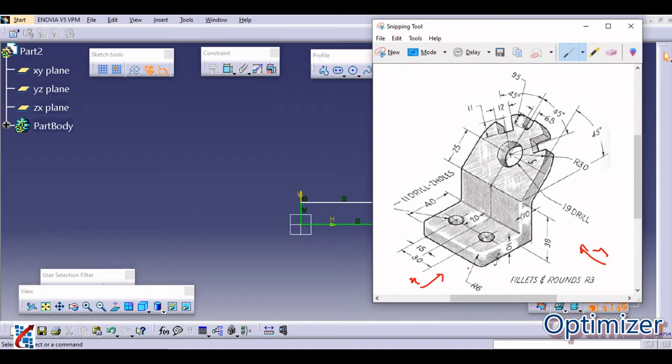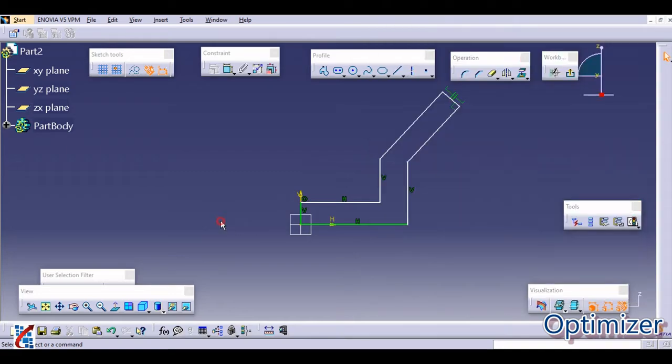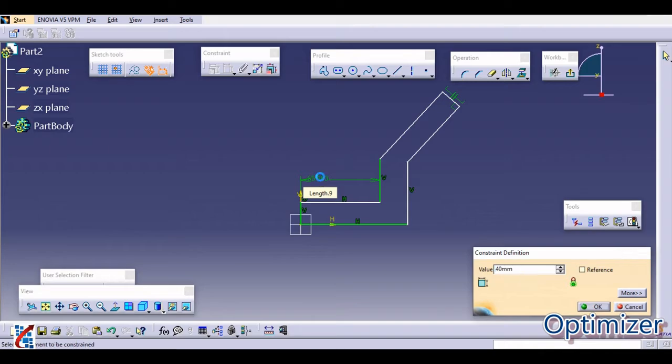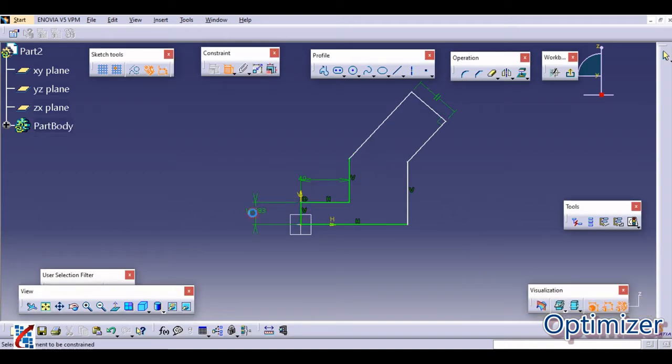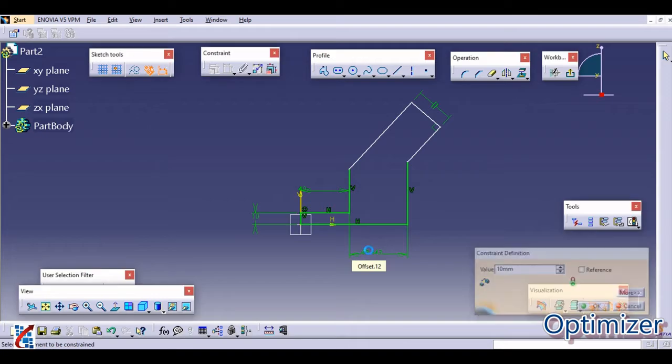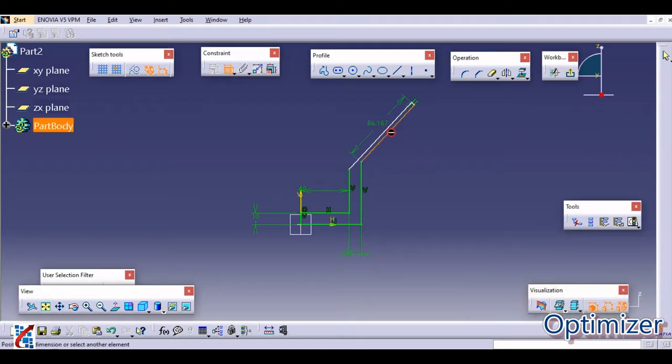Now this is a 10 mm width, this is also 10 mm width. The total from this is 40. So give dimension, this is 40, this width is around 10 mm. Again from this to this it is 10, and also from this to this it is 10 mm.